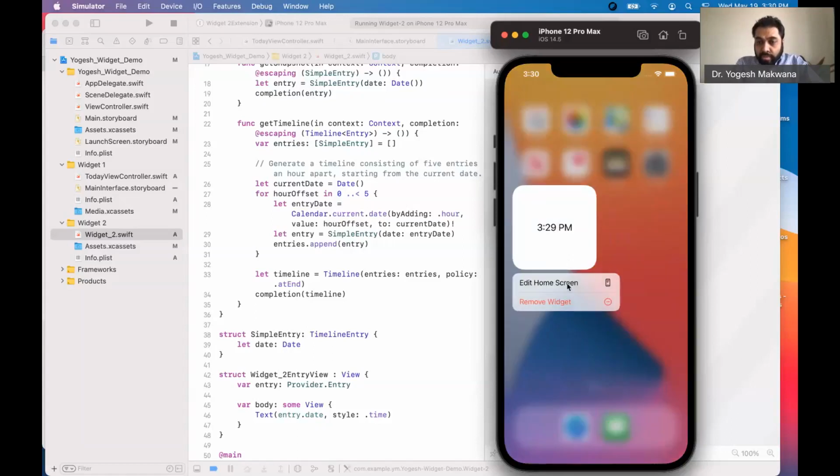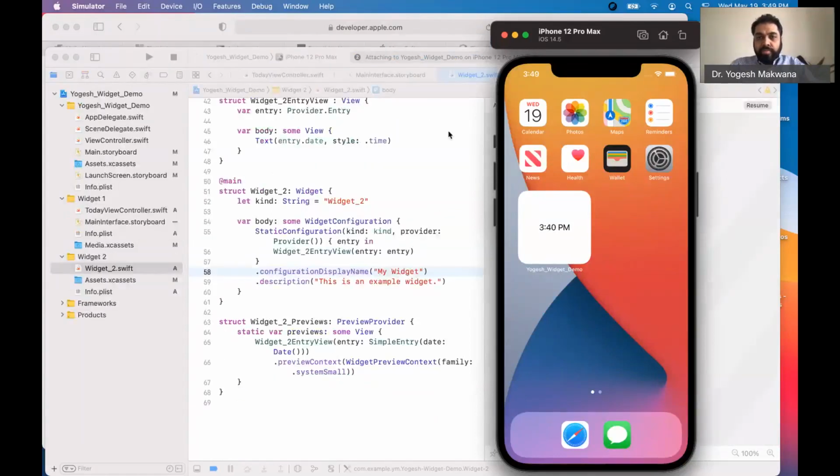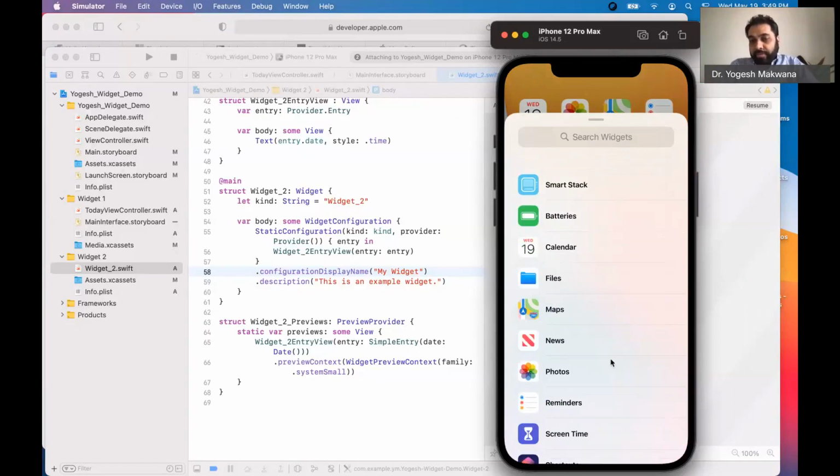Okay, so the widget does get added to this screen. And by default, the widgets we create come in multiple sizes. And how can you see that? Just press and hold your cursor anywhere on the empty area on this screen, and you will see that a plus sign appears. If you click on the plus, it will give you a list of apps. You can either add the icon to the app itself,